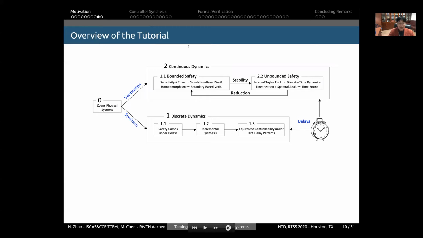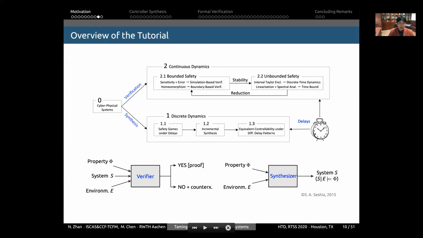In this tutorial, we mainly focus on two big issues in the design of a cyber-physical system, even when time delays are taken into account: verification and synthesis. The verification problem is that given a property, a system, and the environment, we need to check whether the system together with the environment satisfies the given property. Once we can prove the property, then we can guarantee the correctness of the system. Otherwise, we should give some